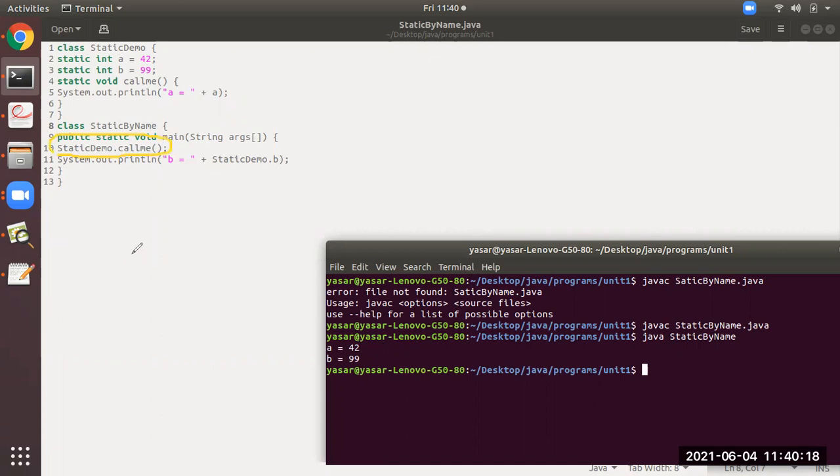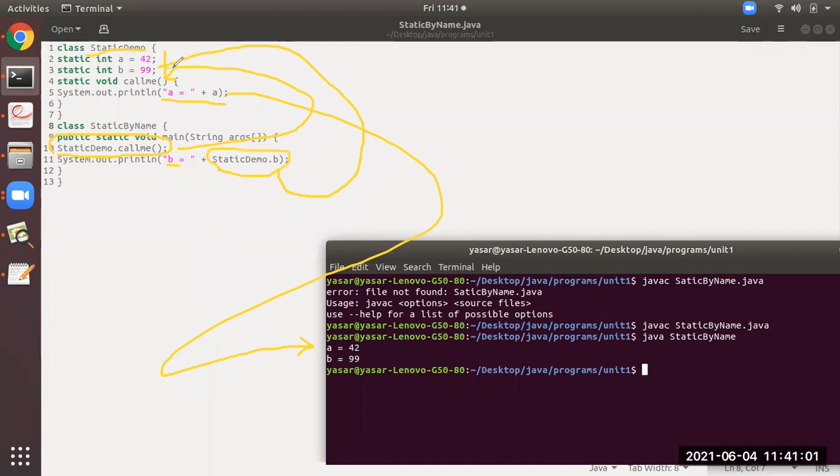I hope you all have understood this. Similarly, the next thing: this will call this one. Inside that there is a println method. It will print this, 42. Okay, I hope you all have understood this. After that, line number 11, you see b equal to what? How is it able to access? It is not accessing with the help of an object, like ob dot something. It is directly accessing with the class name. What is the class name? StaticDemo. So see here, StaticDemo dot b.